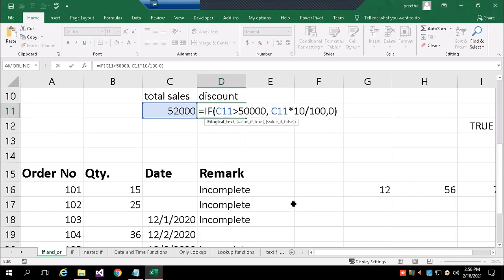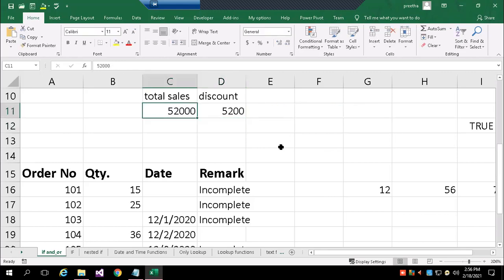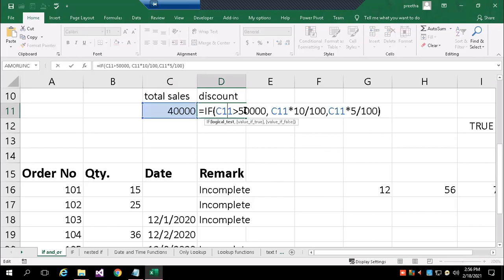So it's automatically calculating and writing. You can note this down: a small test, and if it evaluates to true, then give 10%. Suppose they are asking not 10%, I'll give a 5% discount. That is also possible. Now if I change the value to 40,000, I'm getting a 5% discount. So everything is the choice of the user. You have a condition, and if the test is satisfied, you want to write true, or you don't want to write anything, or you want to write something else.